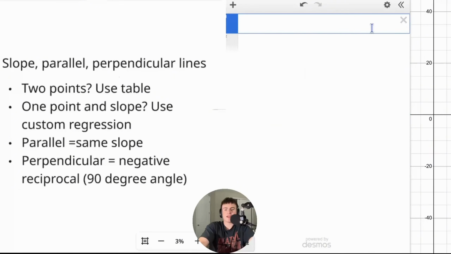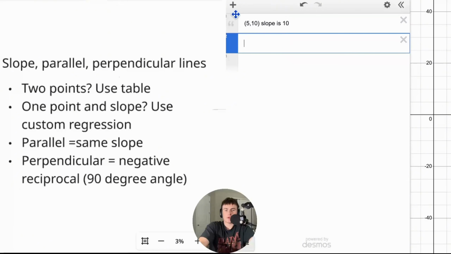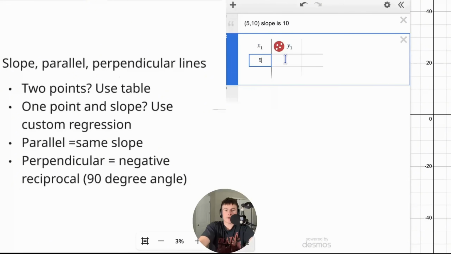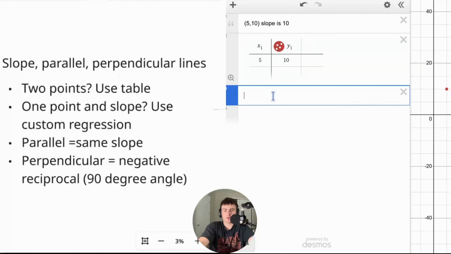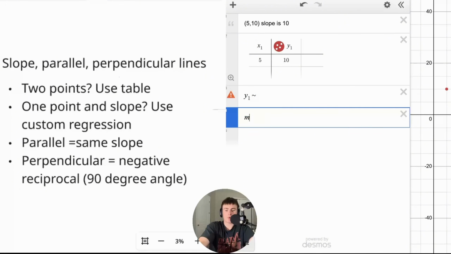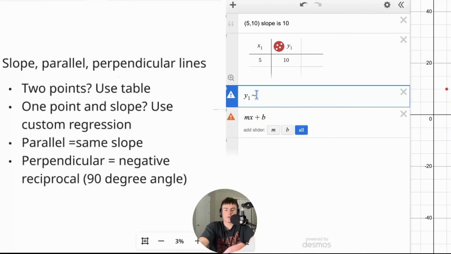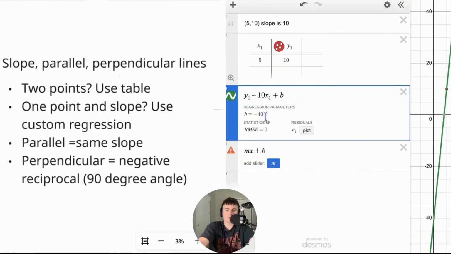Now, if you have 1 point and a slope, it might be a little bit harder. But what you could do is this. Let's say you're given 1 point, 5, 10, and then the slope is 10. Then you would just use a table and say 5, 10. And then use custom regression where you do y1 tilde, slope is 10, which is your m value of slope-intercept form. By the way, you need to remember mx plus b, right? So y1 tilde 10x plus b, and then it'll solve for b for you,